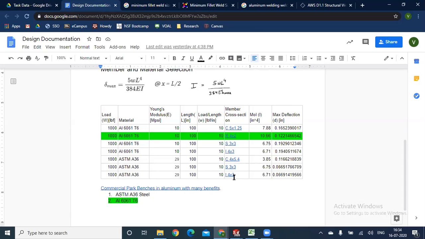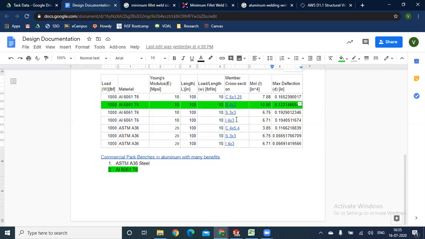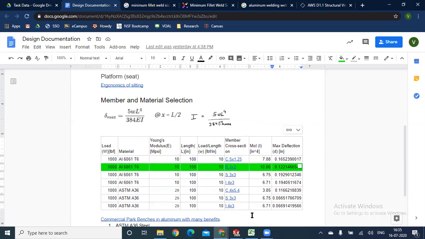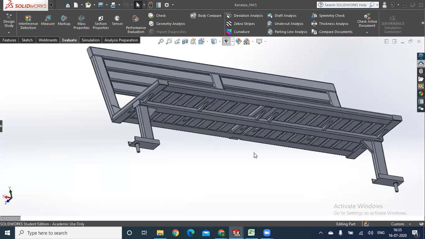But out of all the different possible scenarios, I found that this aluminum has its own advantages in terms of making it street ready, because it's non-corrosive by nature and it's easier to treat. And also the 4x2 rectangle cross section beam has the smallest cross section area, so it will probably take up less space than the other options. With this in mind, that's how I chose the material and the beam.